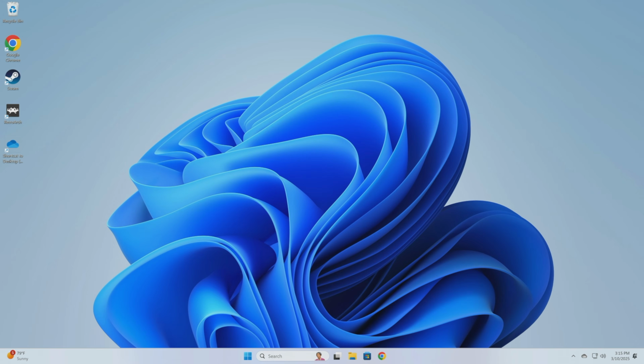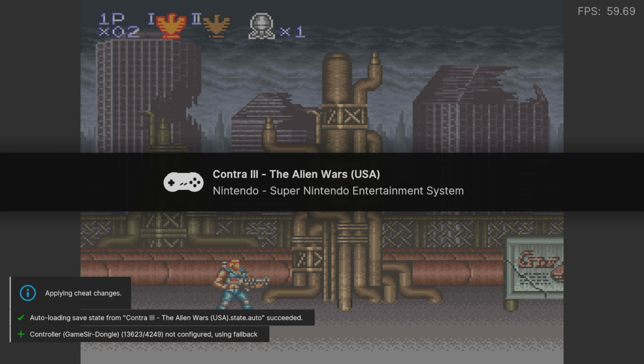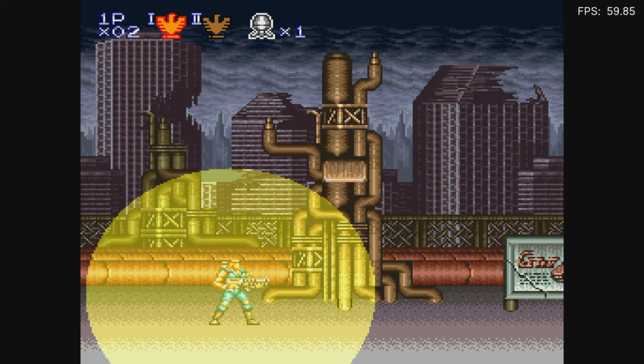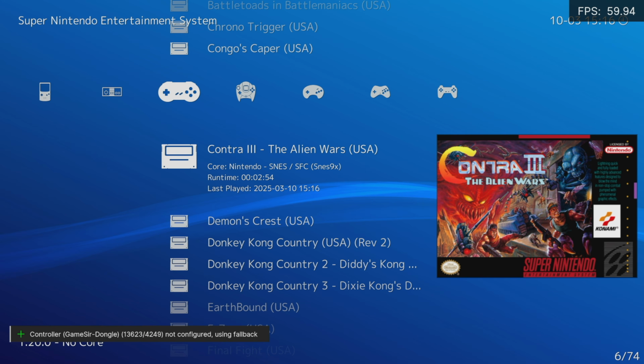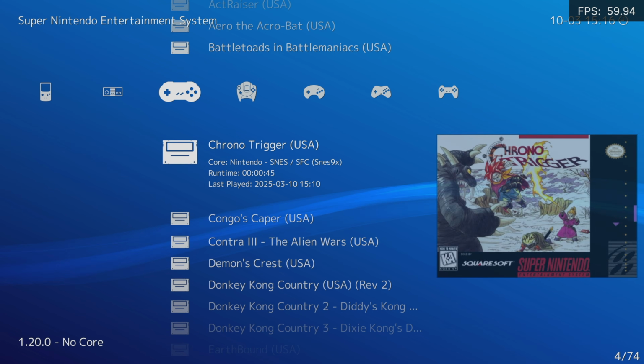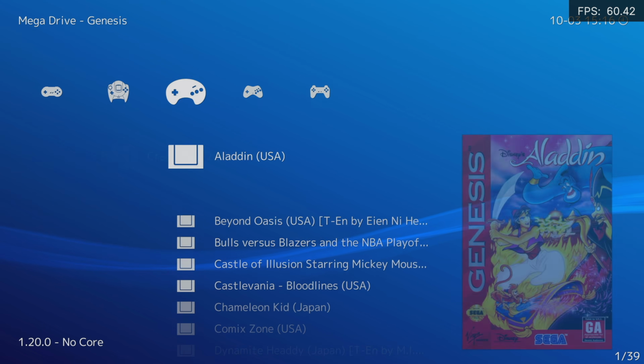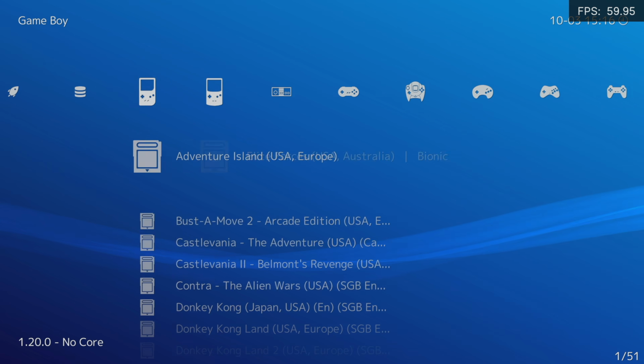This time it's going to auto load where I was before because we have those auto save states on, and it also says applying these cheat changes. So if I press the bomb button, sure enough, I have the bomb and the bomb number is not going down. And honestly, that's about it when it comes to running RetroArch, and that's, I think, enough information to really be dangerous. The last thing I want to show is that Emulation Station front end that we set up